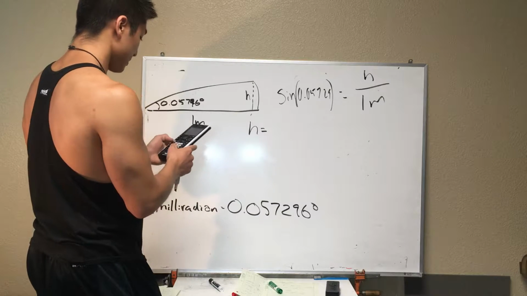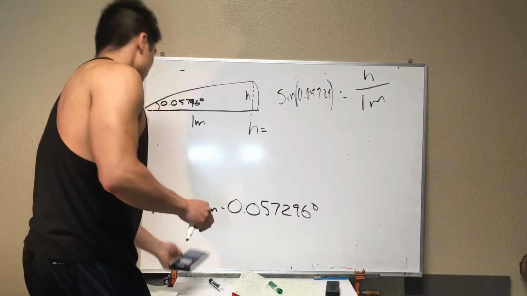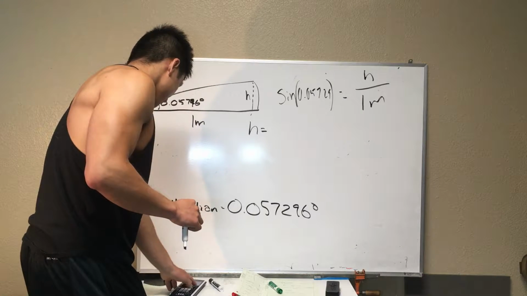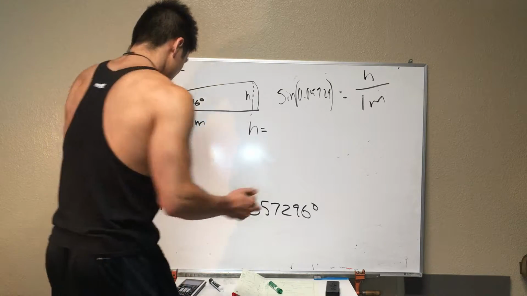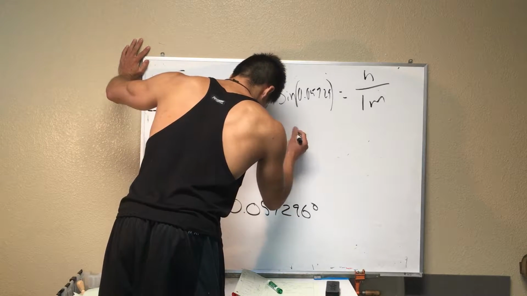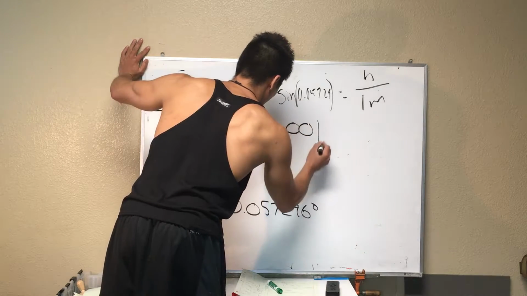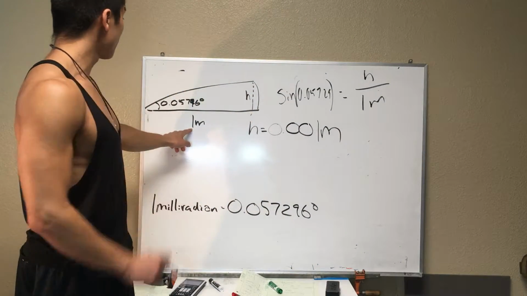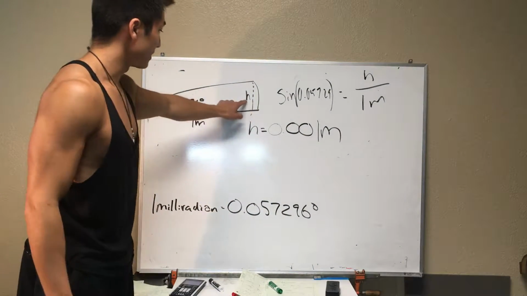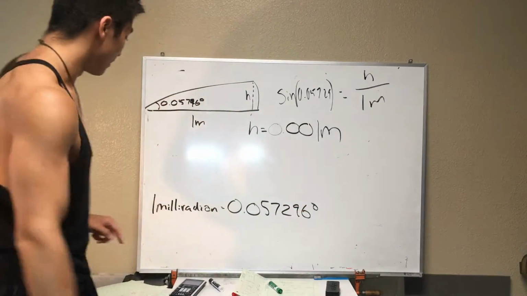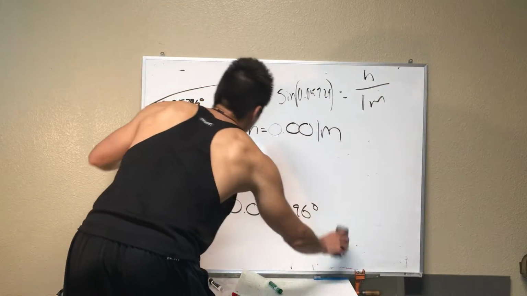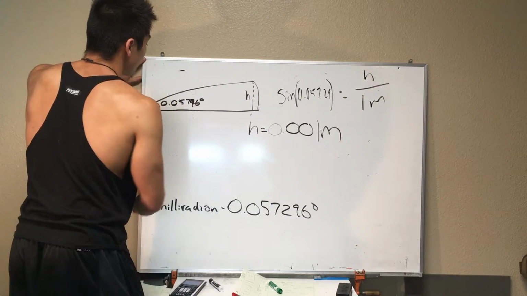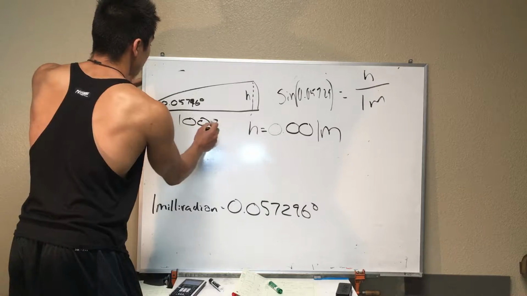Let me put that in the calculator real quick. Yep, so it's going to be 0.00999, or if I could go back, roughly 0.001 meters. So that means if this is 1 meter, if that's 1 milliradian, that's going to be 0.001 meter. Now, taking that, if we say that this is no longer 1 meter, and say this is 1,000 meters,